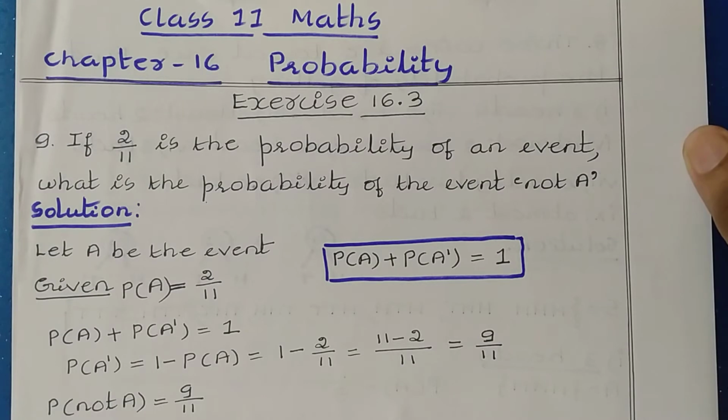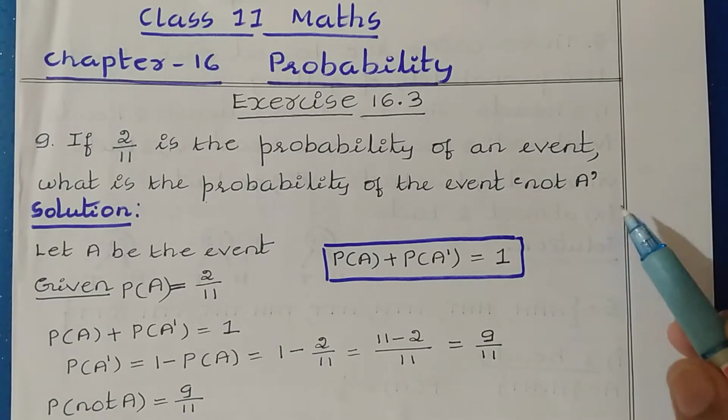In this video, we are going to learn Class 11 Mathematics, Chapter 16 Probability. In that, Exercise 16.3, question number 9, 10 and 11 solution. Question number 9, if 2 by 11 is the probability of an event, what is the probability of the event